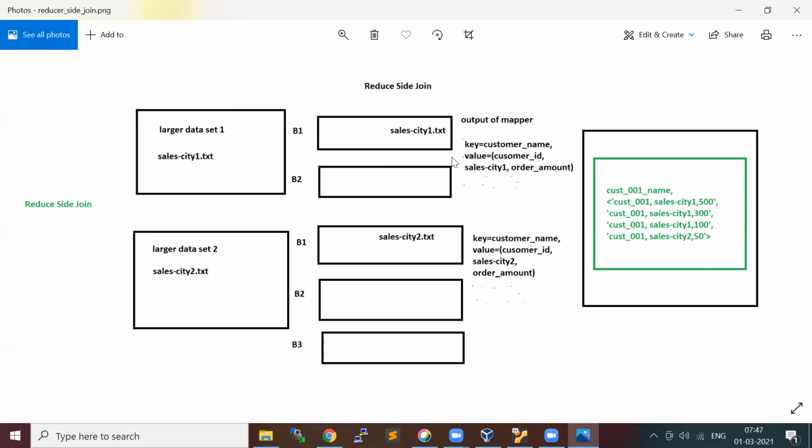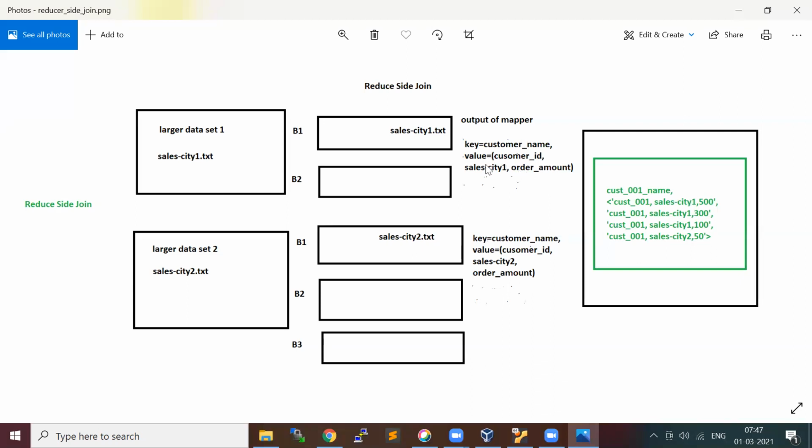Here I'm giving customer ID as my key, and the value is just a tag of whether this data set is from the e-commerce website Amazon or Flipkart, and you prepare whatever columns or properties are needed for the aggregate.